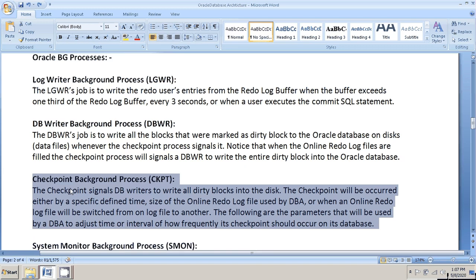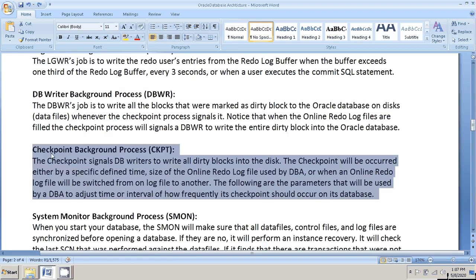When does the data get dirty? Irrespective of commit, data is written to the data file. Whether it is committed or not, if the DB cache is full, then all the data is written into the data file irrespective of commits. Whether there is a commit or not, the DBWR process writes the data in the data file.